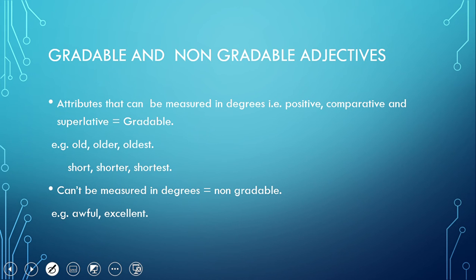Then comes non-gradable adjectives. Non-gradable adjectives are the attributes that cannot be measured in degrees. For example, awful. I cannot say awfuler, awfulest. No. It cannot be measured in degrees. Something is awful, that's awful. There is no degree to it. Okay,